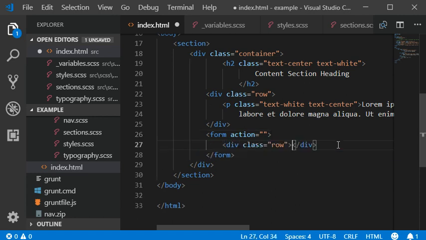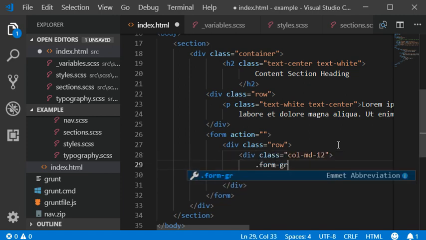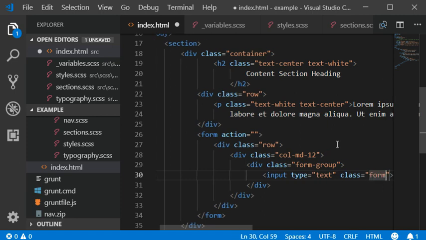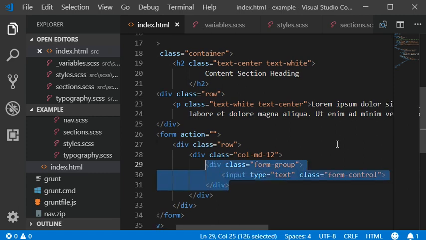Then add a row, and the column should be column 12, and then we need to add a form group, which is a default Bootstrap class to make margins for the input fields. And we also need to make sure that our input field is 100%. So we need to add the form-control class to the input field, and then we can also create a